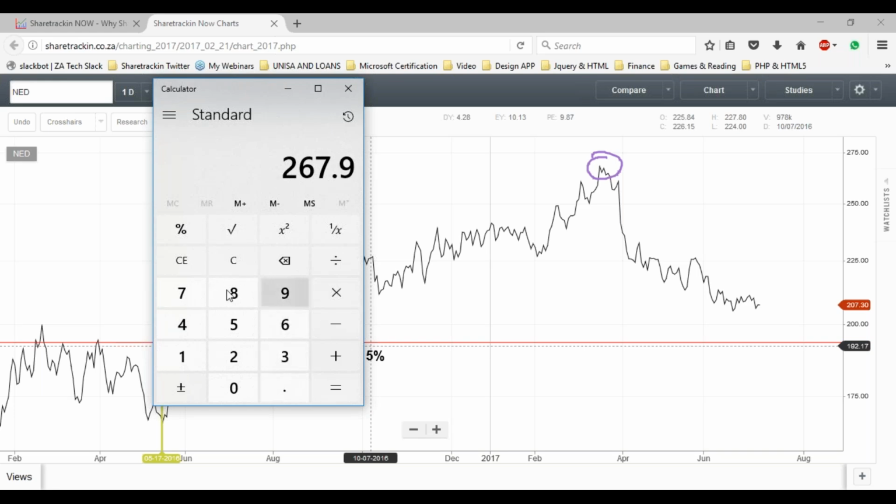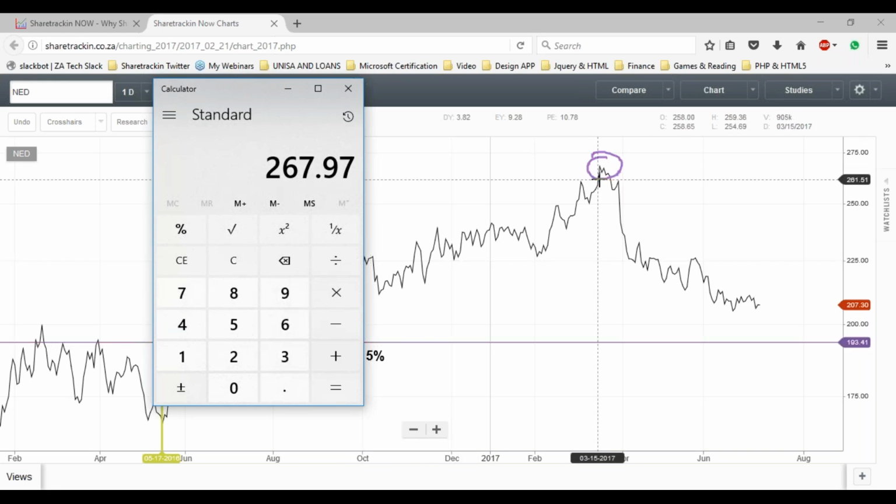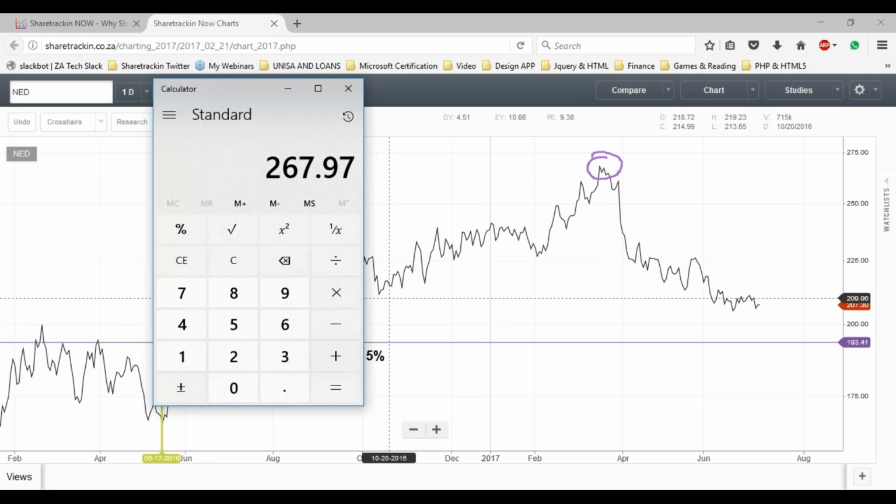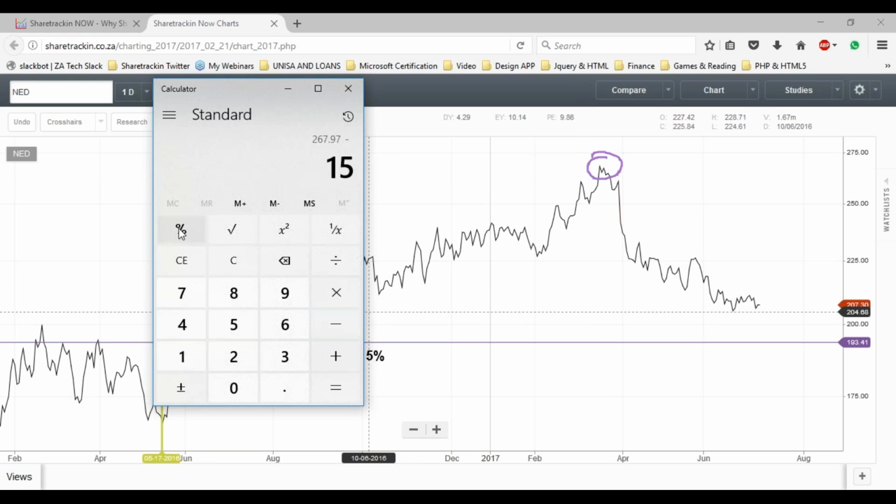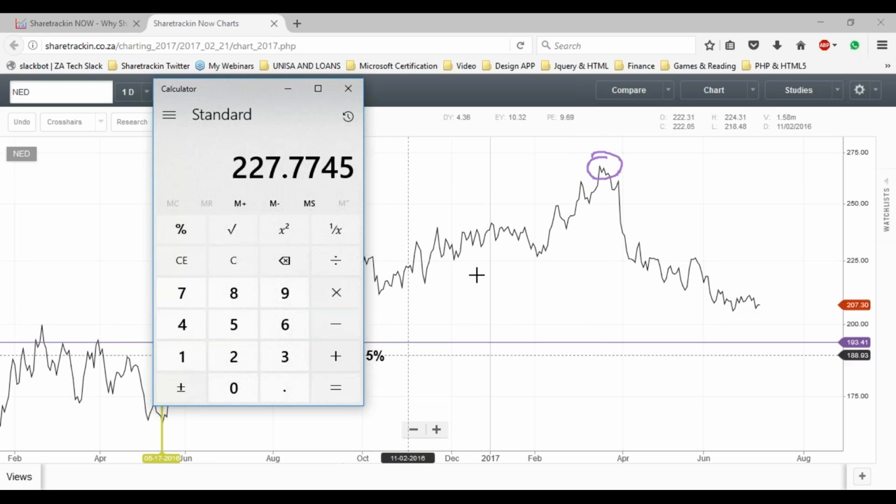267.97. Let me just confirm that. That's it. So that was the closing price for the 13th of March 2016. So we still had the share, because as you can see, the prices never touched our stop loss. Now on that day, on that evening, I got home and then I readjusted. Went and calculated my new stop loss, and I saw that my stop loss level should be in the region of